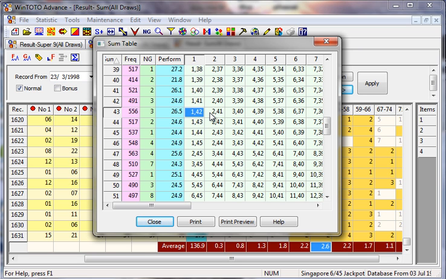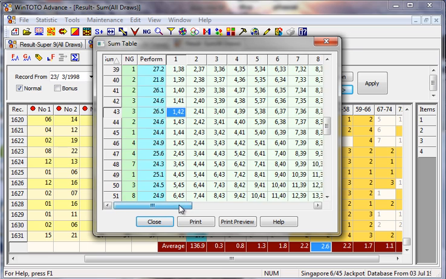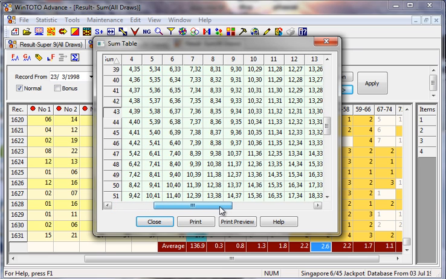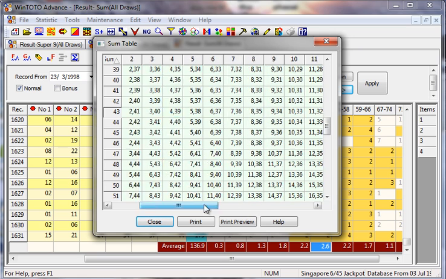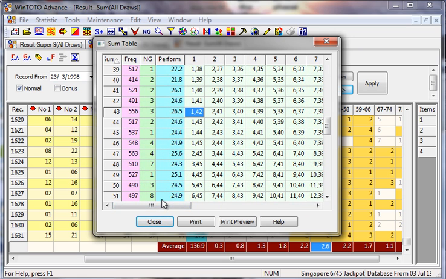Good. In other words, of course, there are a lot of numbers if you want to scroll through. For 43, we've got 14 and 29, 15 and 28, and so on. Of course, if you have the solver, it's rather easy. If you do not have it, then you have to remember that whatever two numbers you add up, if it is either 43 or 47, you definitely stand a very good chance for this coming draw. So this is how it goes.